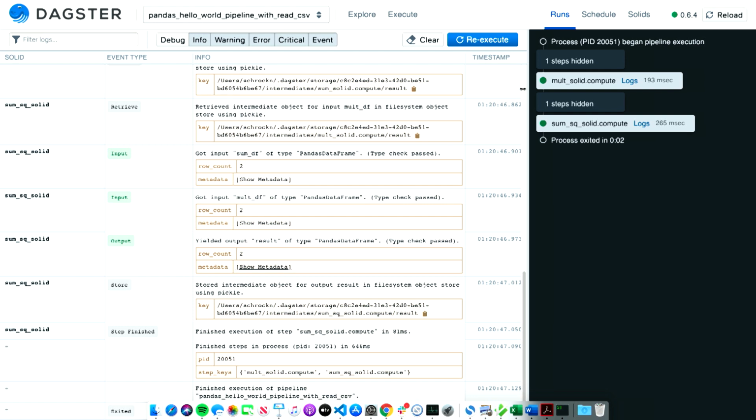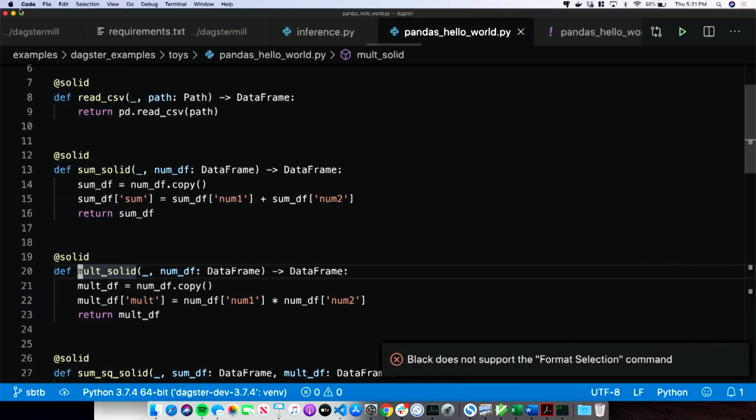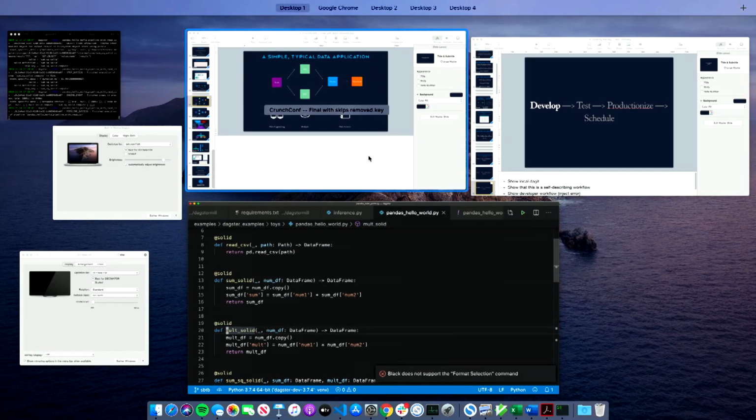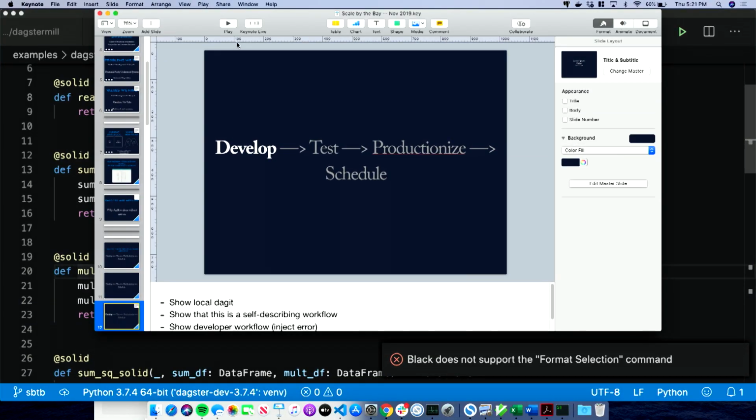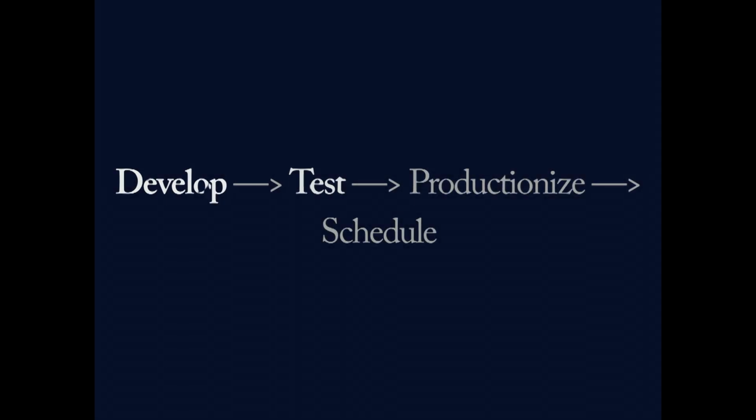Correct. Yeah. So one of the things is that we shuffle intermediates, and it's pluggable too. So in a cluster, it'll store in S3 or an object store, but locally we're doing it on the file system, right? Okay. Where am I at here? So we have all these fun development tools here.